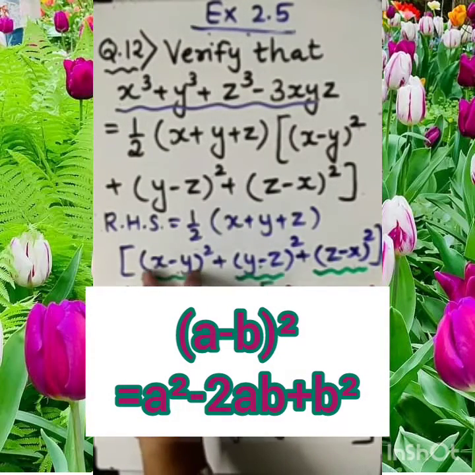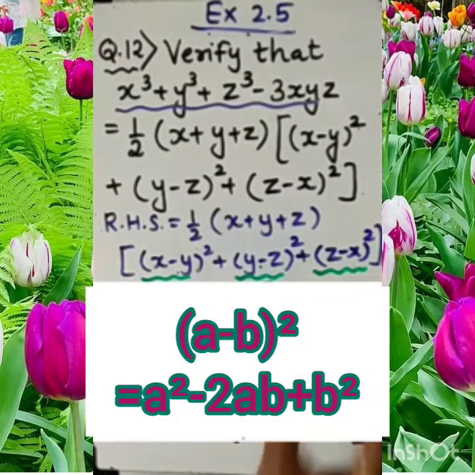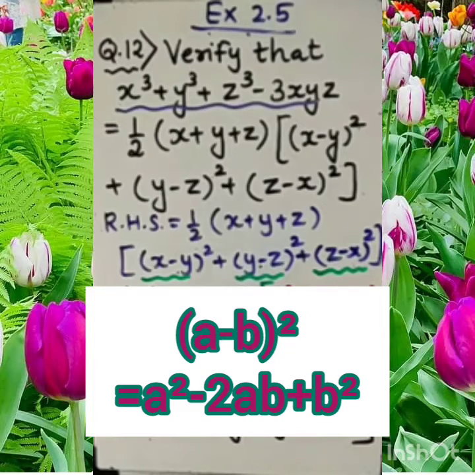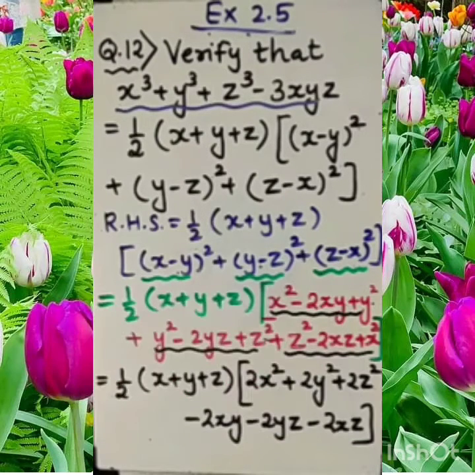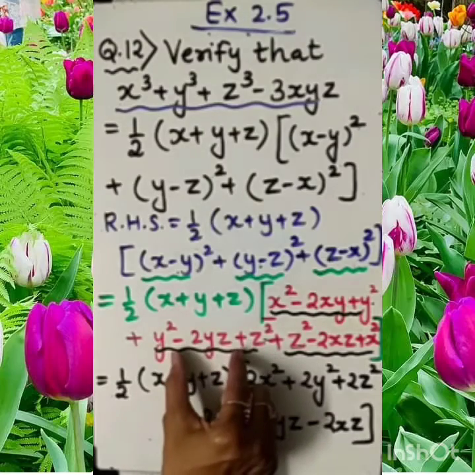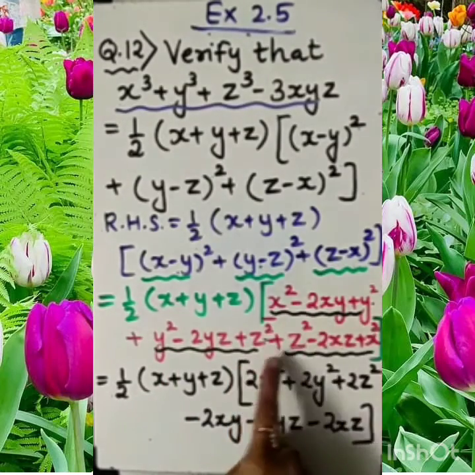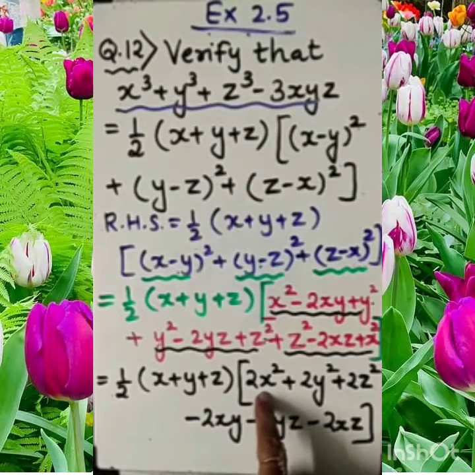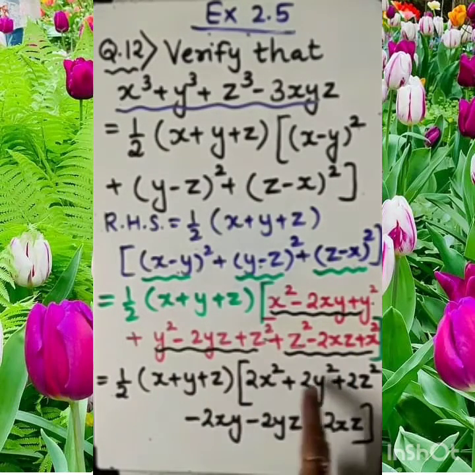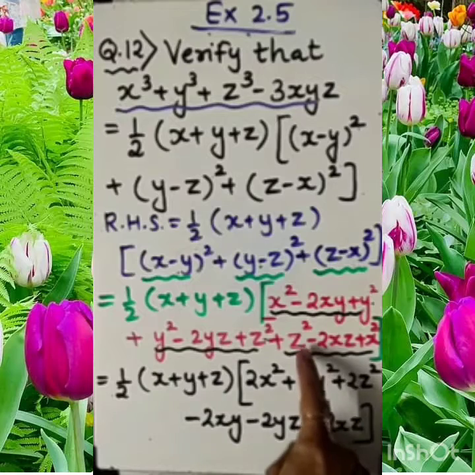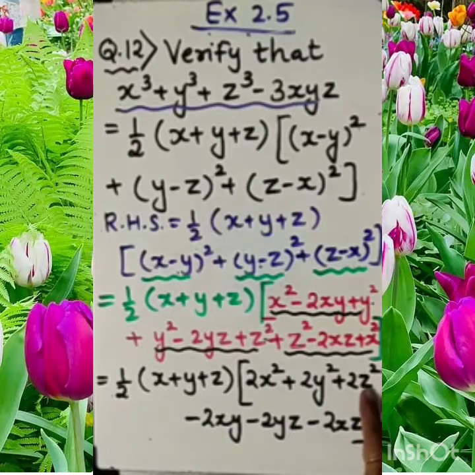First, we have simplified this thing through the identity. We got this value. Square wala identity we applied here, and we got this value. So, here also same thing. And nothing, x square plus x square, 2x square. Y square plus y square, 2y square. Z square plus z square, 2z square, and rest of the three remaining terms I have mentioned.